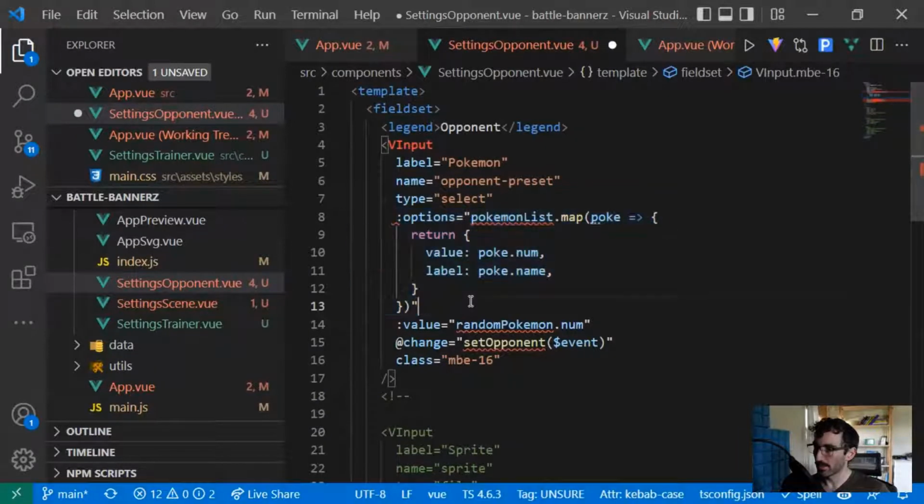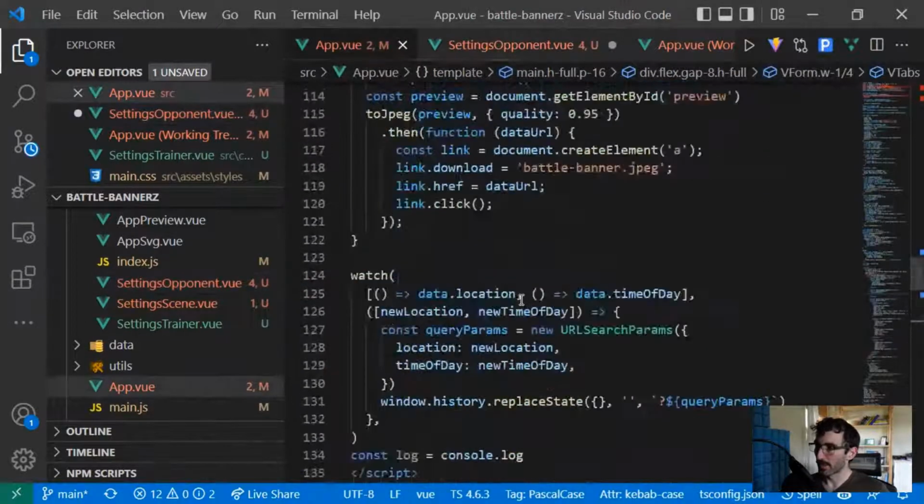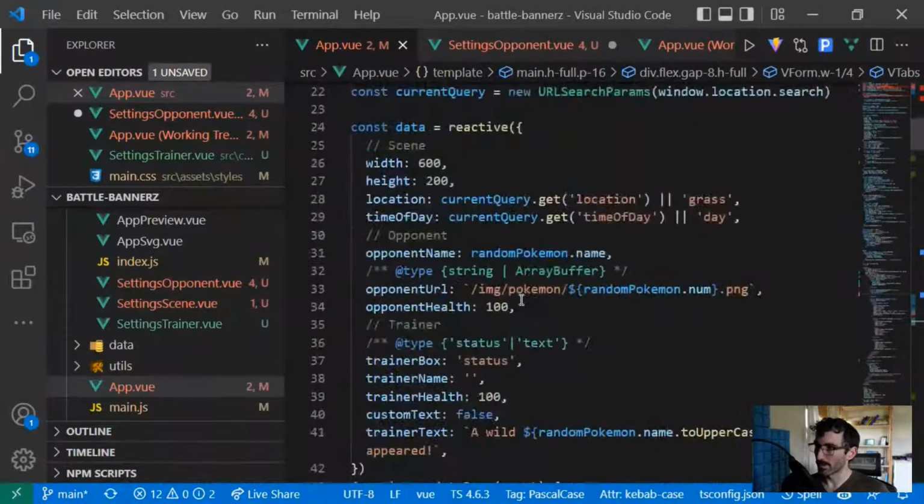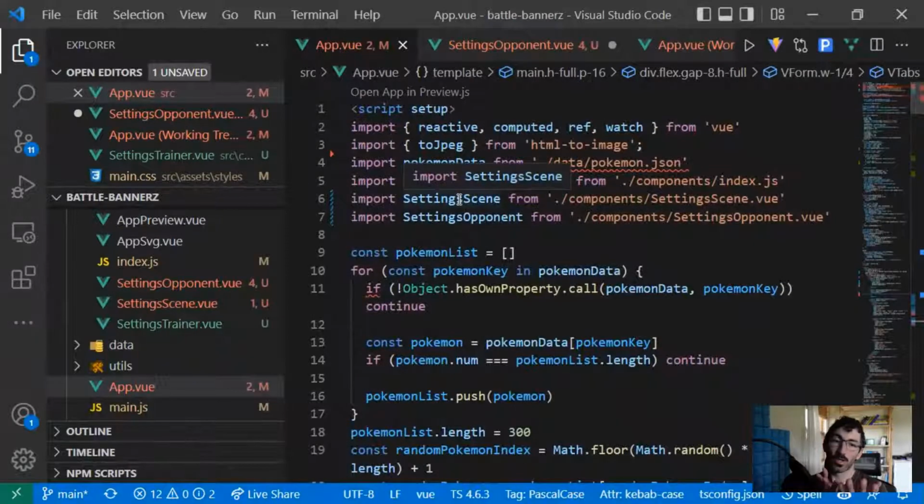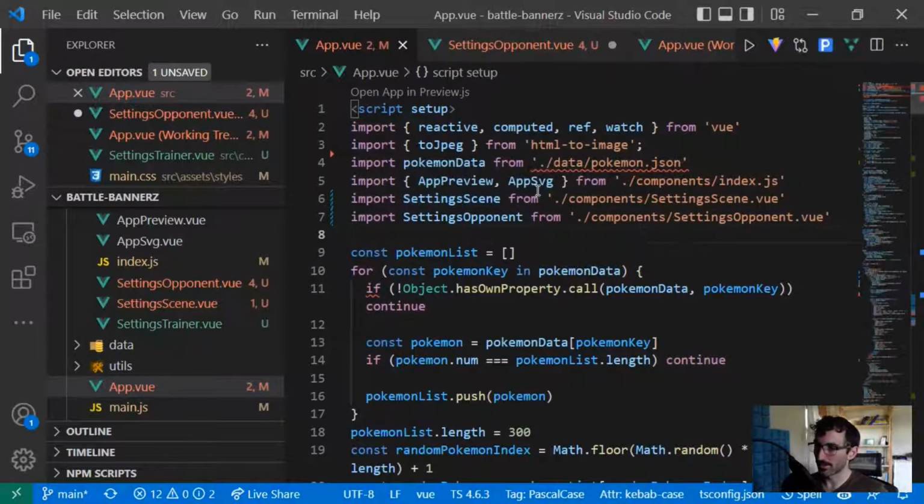So we need the list of Pokemon for the opponents. So the nice thing is that up here, where we're pulling in the list of Pokemon, we have two options. We can either pull this list of Pokemon into the app component and then provide it to our opponent component through a prop, or we can just pull it directly into the opponent component. Now, because we are not using that list of Pokemon anywhere else that I can think of,